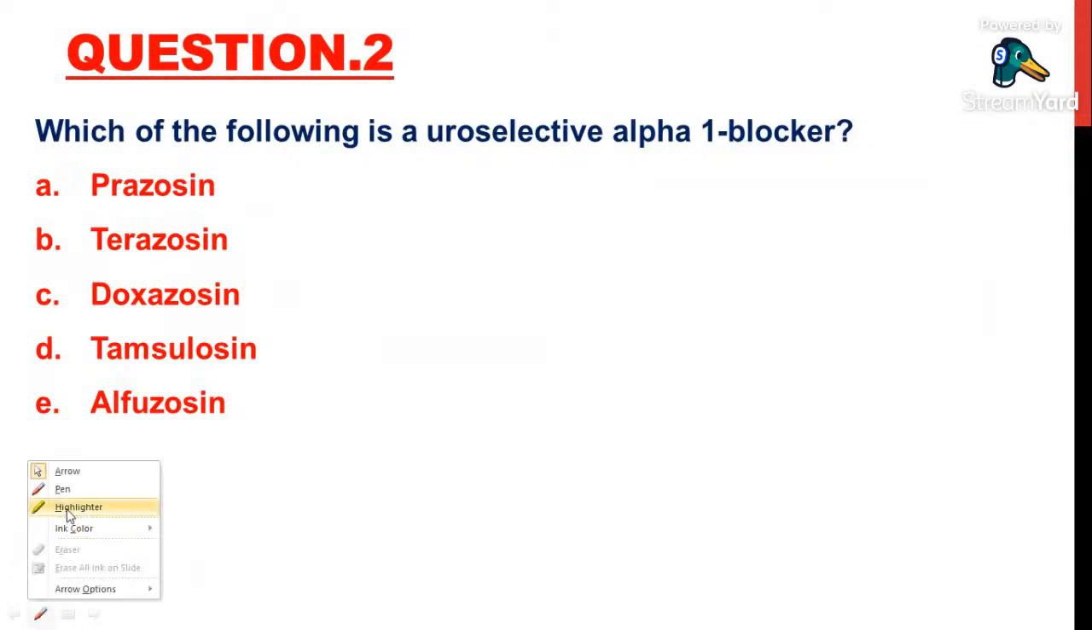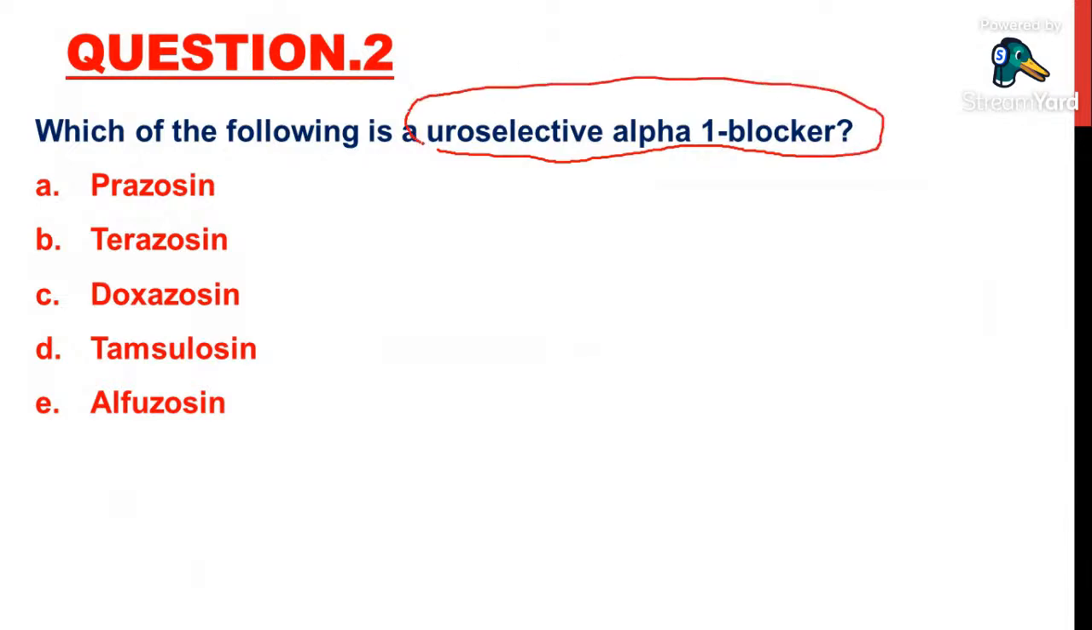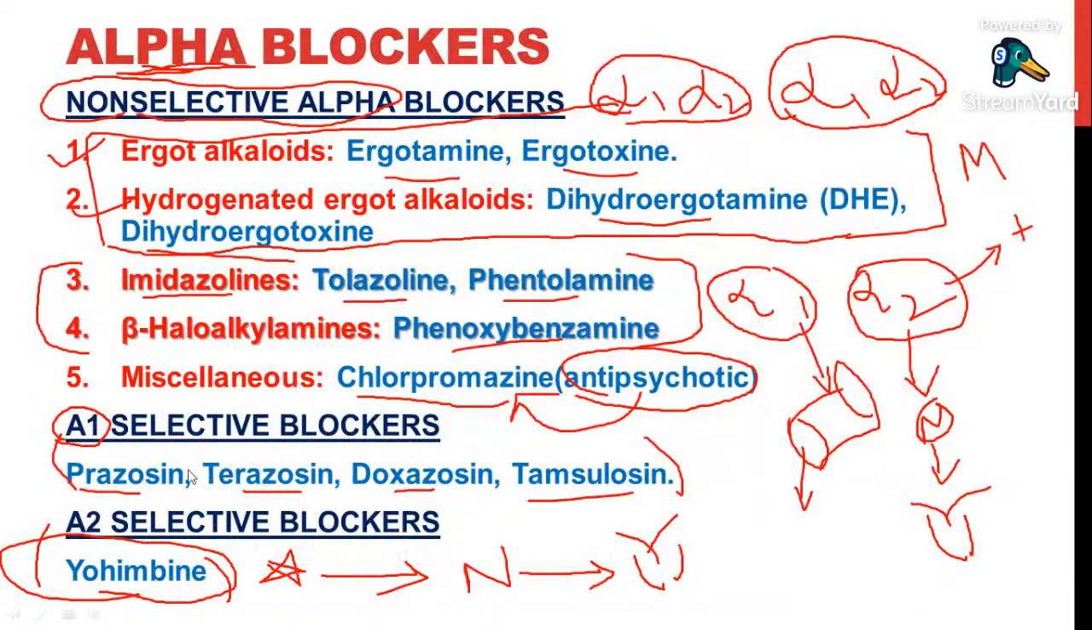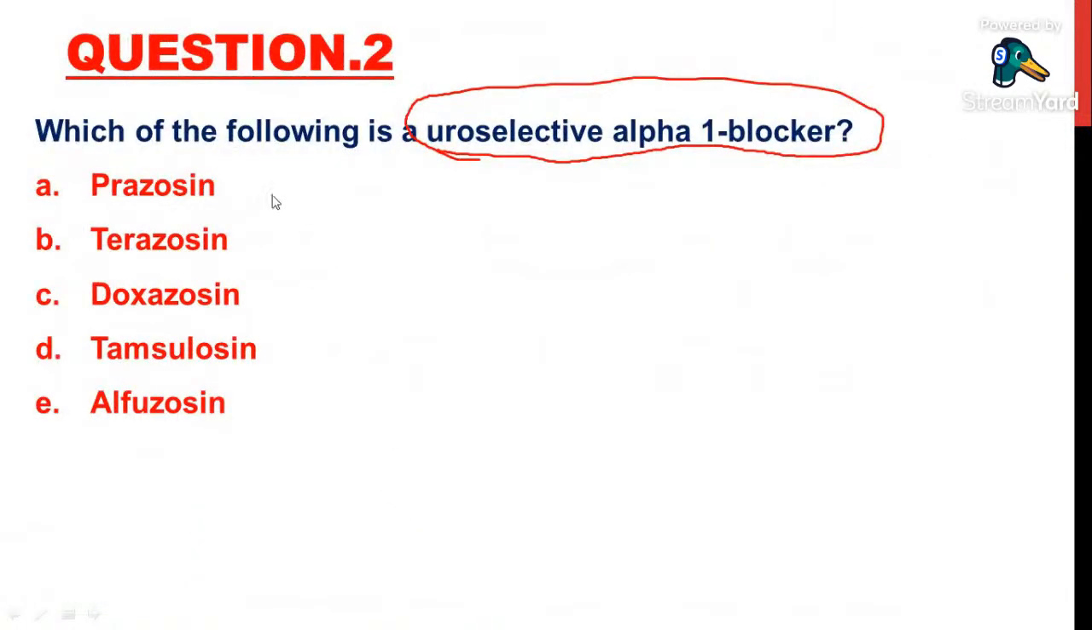Question 2. Which of the following is a uroselective alpha 1 blocker? Among alpha blockers, as I was explaining, prazosin, terazosin, doxazosin, and tamsulosin are alpha 1 blockers particularly. Among all those alpha 1 blockers, which one of the following drugs is uroselective? Prazosin, terazosin, doxazosin, and tamsulosin. Remember here,